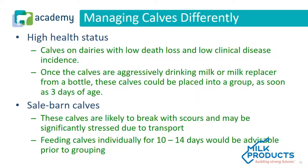There are different types of calf raising operations. Ones where calves come directly out of the dairy on site. There's good management in the calving pens. The calves have a very low death loss, low clinical disease. This is considered a high health type of herd. With these sorts of herds, the calves can go on the auto feeder very quickly because these calves do not have high risk for disease,